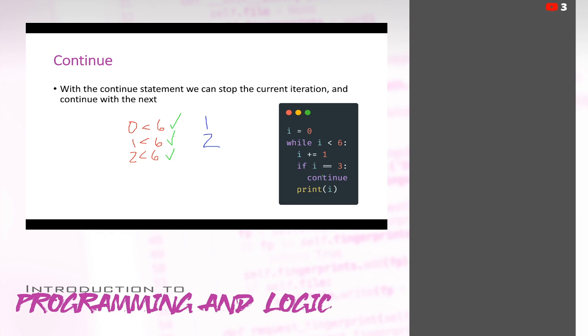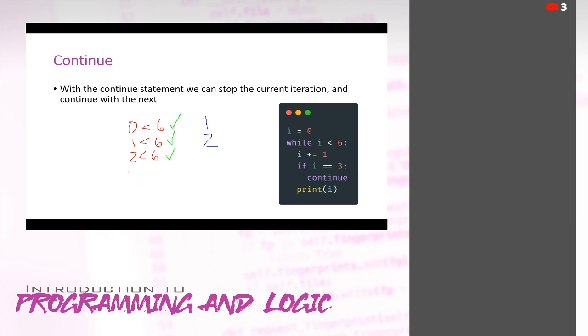3 equals 3, that's true. Continue. So we're just going to go ahead and jump right back up to the top of our while statement. We're not going to print out anything here because we're not going to get to that print statement. Because we've hit this continue, we're going to stop this current iteration and jump back to the top and continue on with the next. So no 3.